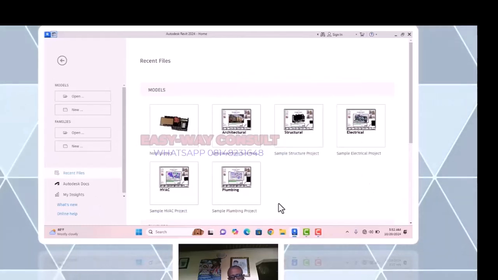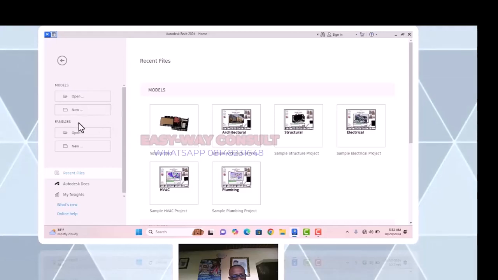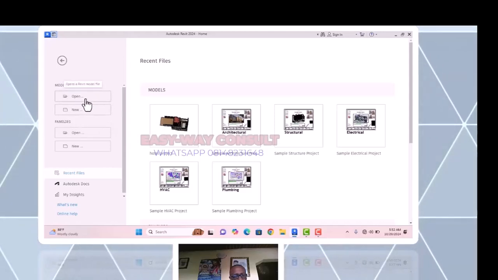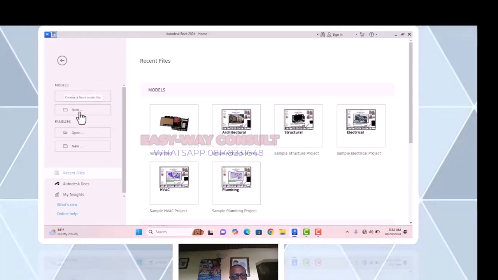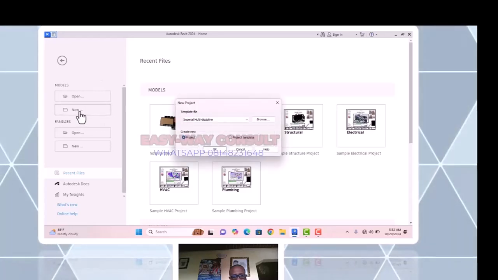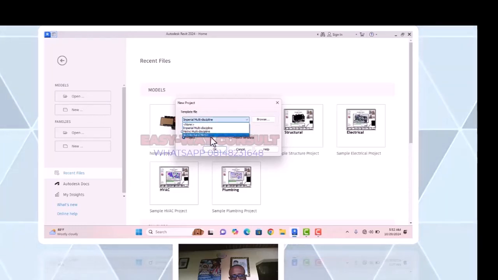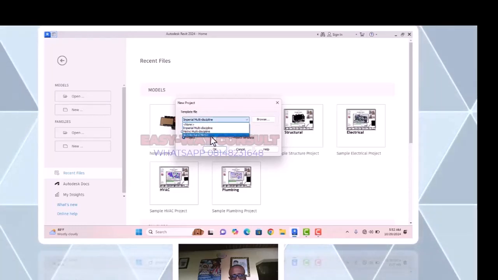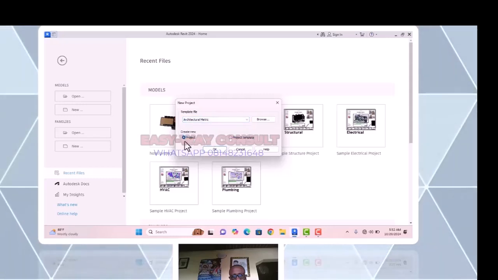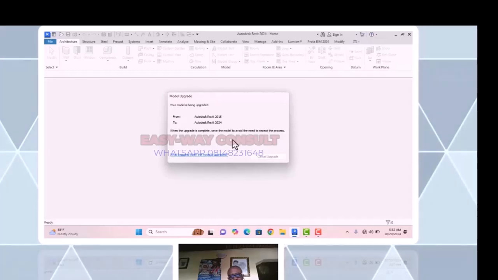So let's start up. I just opened Revit 2024. So you go to open, new, you go to new, because it's a new project. You go to architectural metrics, you leave it at project. When you click, you can see